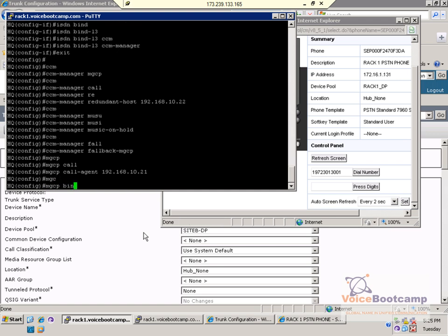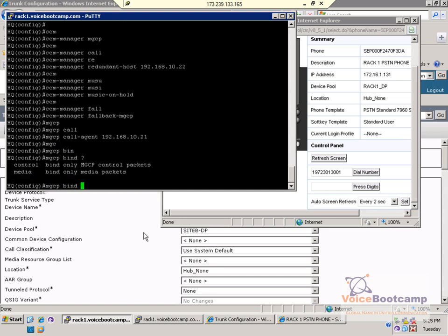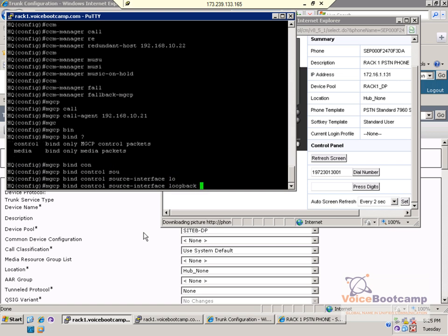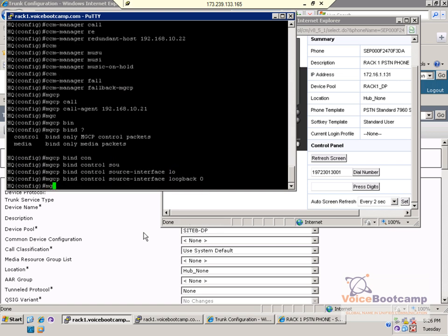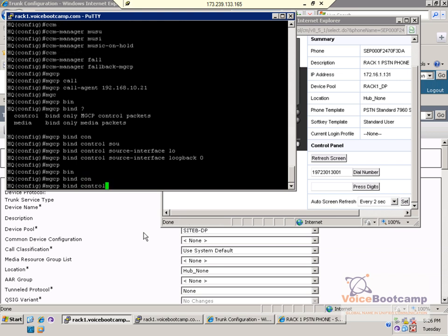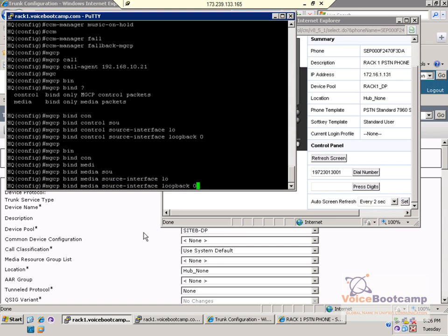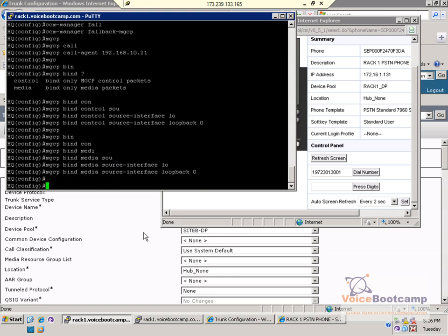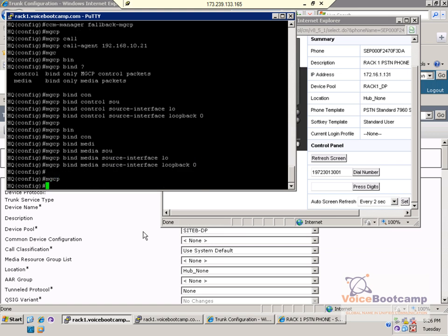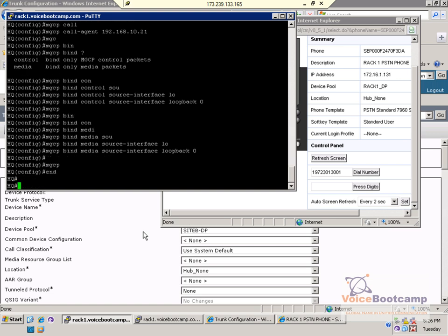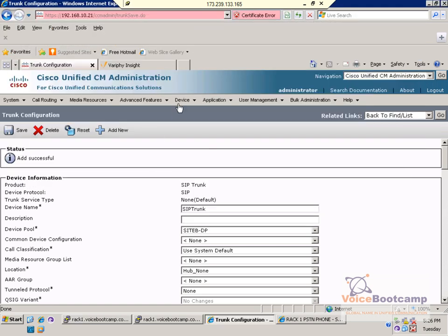So in here, bind control is a source loopback 0, media source loopback 0. One of the most important commands is to type the MGCP to activate it. Once this is done, you come to call manager, add a gateway,